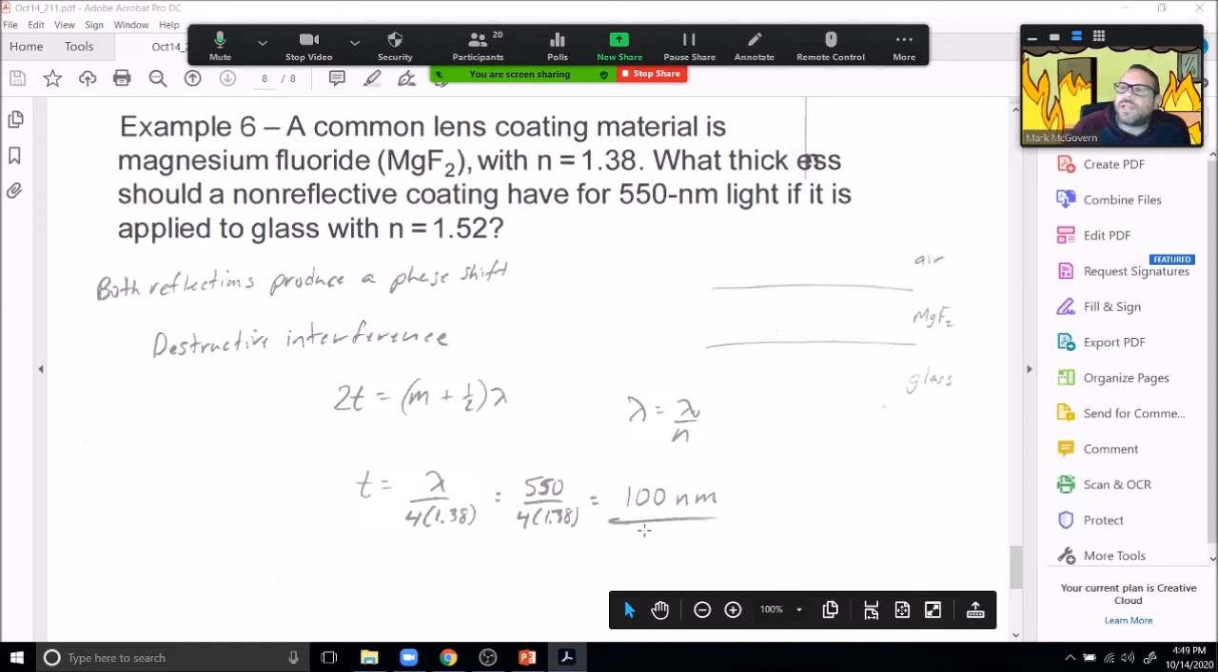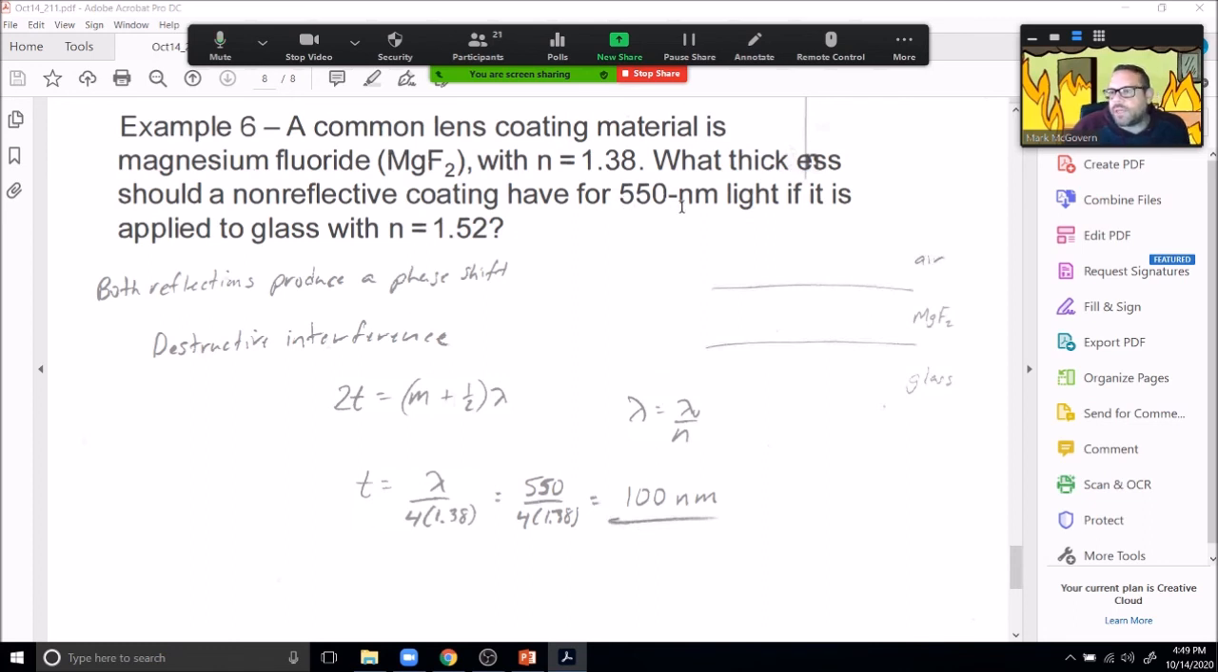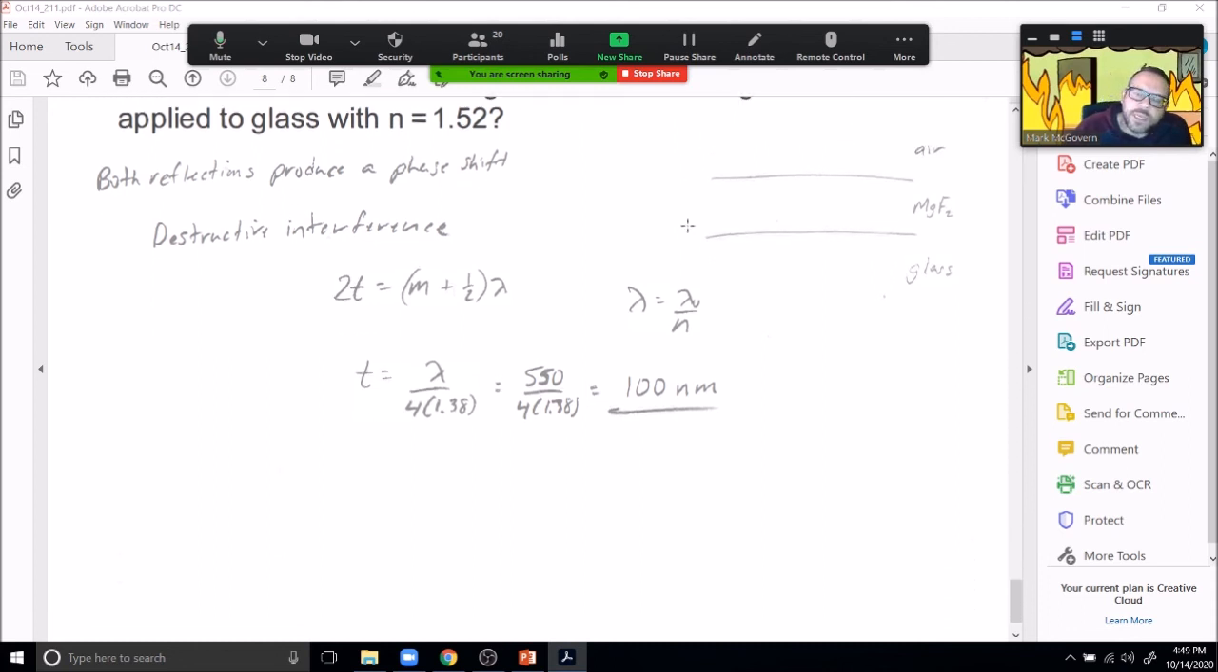So a 100 nanometer thickness will eliminate the 550 nanometer light, which is pretty standard light. That's sort of the peak in a way of sunlight. Of course, there's other issues too. You can get polarizing filters that really help with surfaces and things like that. Anyway,